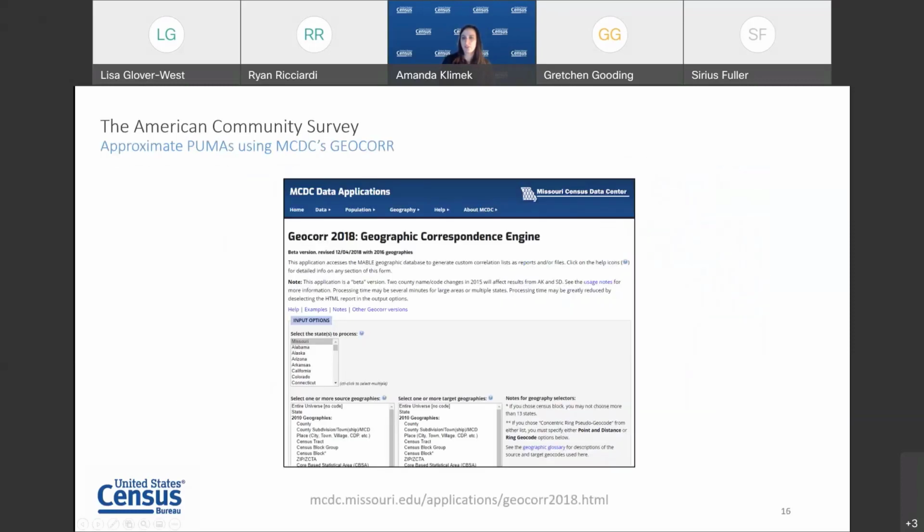So I want to highlight two tools here that will help you determine what PUMAs you need. The first is from the Missouri Census Data Center, which has a fantastic geographic correspondence engine. And that can be used to match PUMAs to other geographies of interest, which is one way to figure out what PUMAs you have. It'll spit out a spreadsheet which will give you how much of each PUMA is within each county or vice versa.